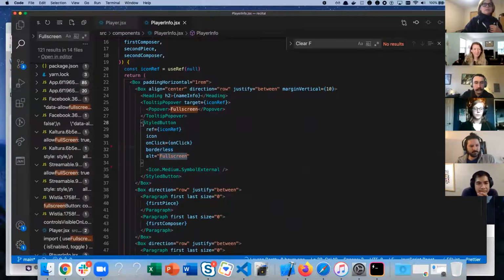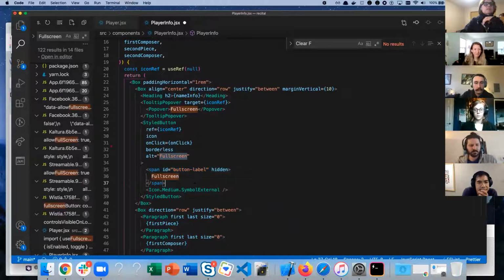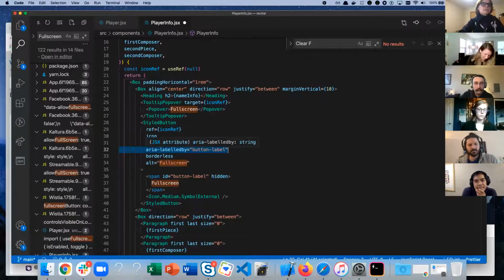All right, so here's my button, this styled button. And inside of it is this icon. And what we need to do, first, you can give it some text just inside of a span, and it just has this hidden attribute on it. I don't even have any CSS written with that hidden. It just won't show up on the page. Number one, that's the first thing. So that associates text with this button. And then I just give it this aria-labelledby, and then I match aria-labelledby to this ID that I have. So if I save that,